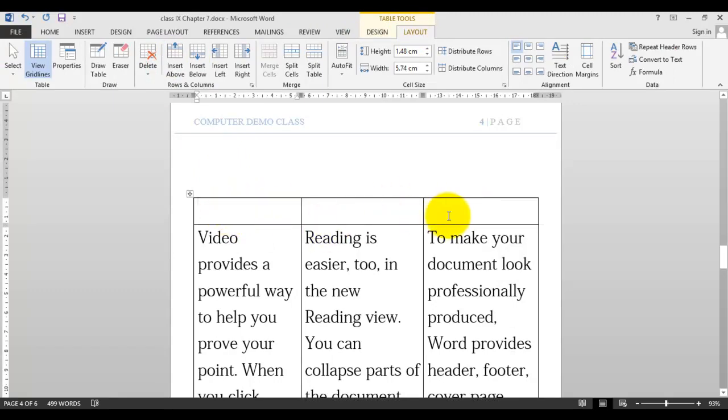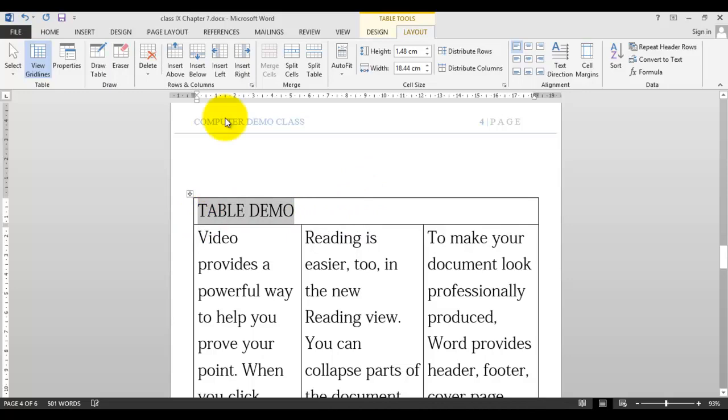I want to put a heading over here. After selecting the table, this merge cell option will not appear until you select more than one cell, maybe two or three. After that this merge cell option will appear, and you click it to merge into one cell, and you can type the heading of the name,